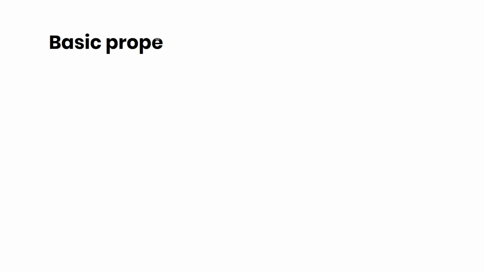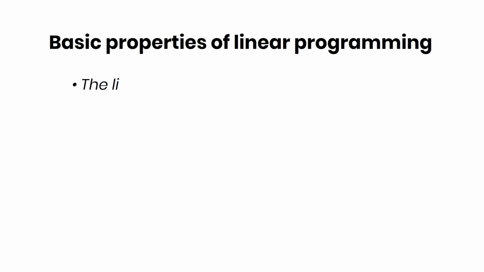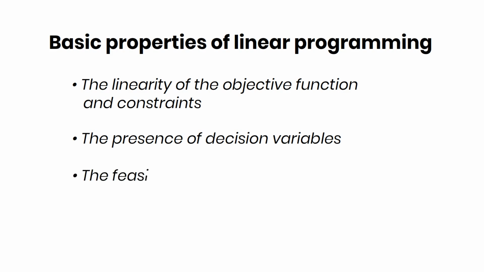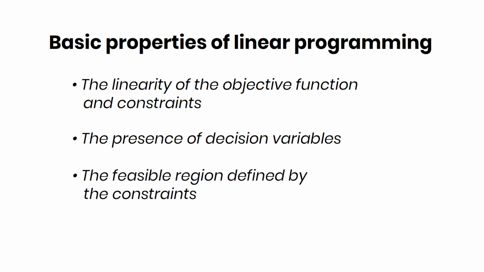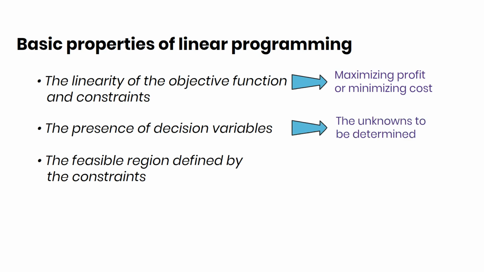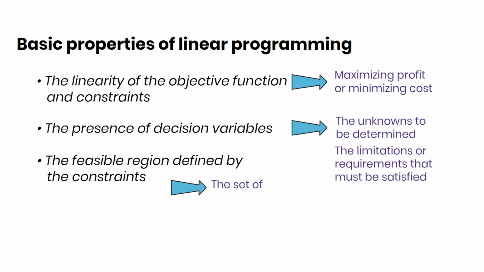The basic properties of linear programming include the linearity of the objective function and constraints, the presence of decision variables, and the feasible region defined by the constraints. The objective function represents the goal of the LP problem, such as maximizing profit or minimizing cost. Decision variables are the unknowns to be determined, and the constraints are the limitations or requirements that must be satisfied. The feasible region is the set of all possible solutions that satisfy the constraints, and it is usually a convex